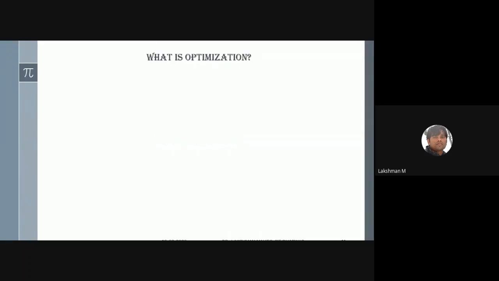In the course overview, first I would like to discuss what optimization is. Optimization is the art and science of making the most out of every situation. That means if you have any situation, any system, we try to get the most out of things. Most means the best thing, and best again means optimal. That means it is talking about optimization.